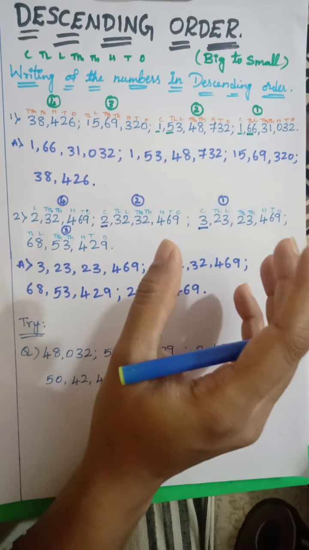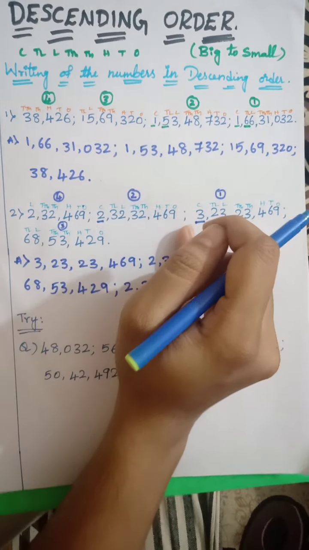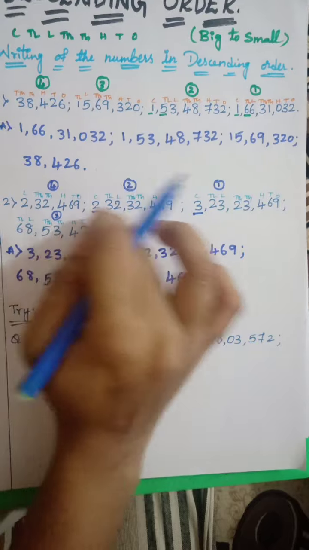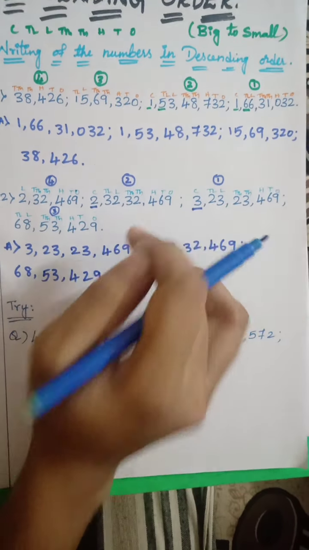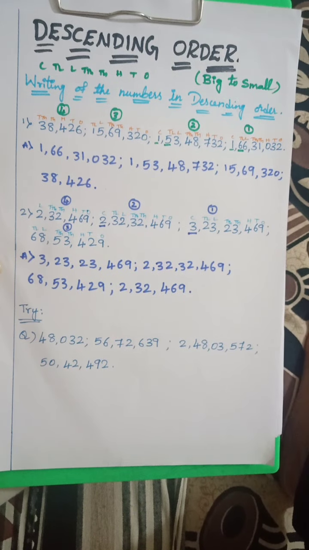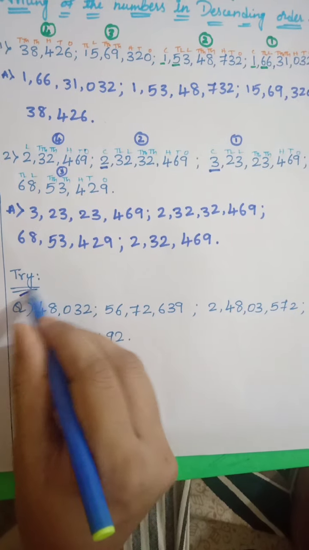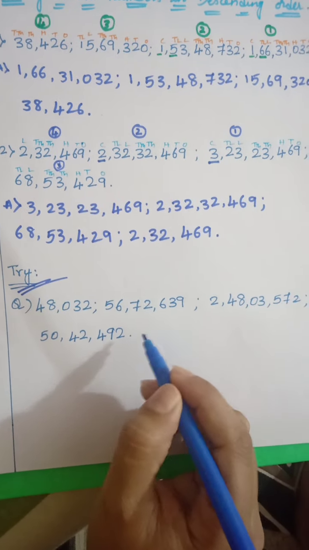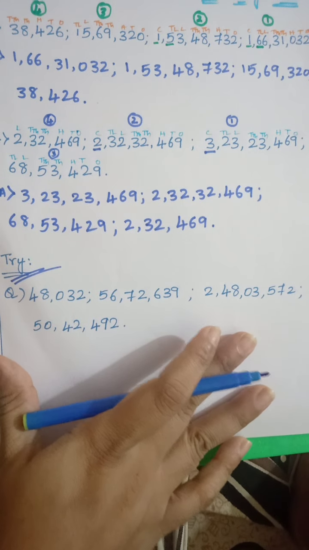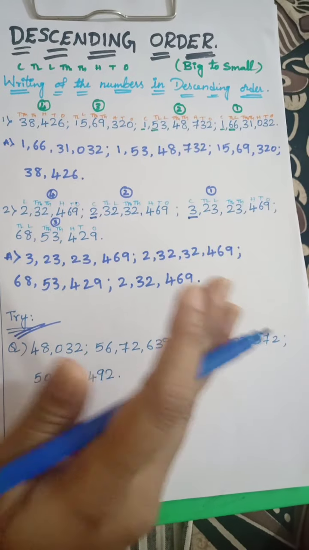So be careful. You have to start comparing from your left hand side. The extreme left digit needs to be compared when you have the same place value. Hope you have understood. Please copy this question and try here. Try to get the correct answer. If you are getting the correct answer, you're definitely going to enjoy the math. It is really very easy.